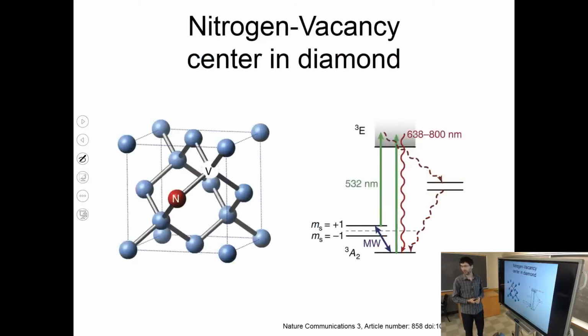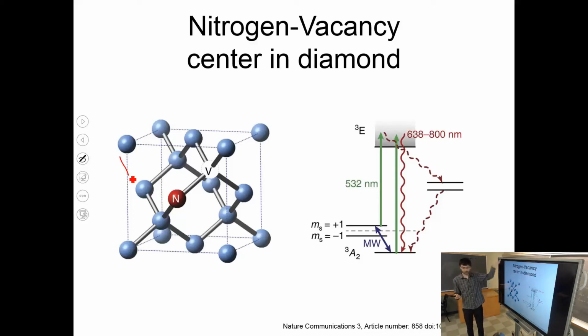This is a brief intermezzo, which I'll talk about more in the second part of the course after your midterm. But this is an active topic of research also in our department, where people study a particular defect called a nitrogen vacancy. It is a defect where one of the atoms in a diamond lattice structure in a particular unit cell is replaced with nitrogen, and the other lattice site is just unoccupied. It's missing. So that's called a vacancy. It's also possible that one atom is just not there.